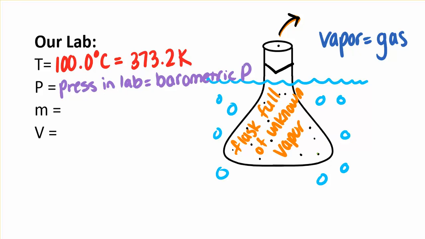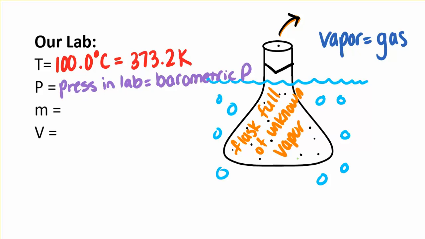Your density is similar to the density of the water surrounding you, so you don't really get a good measurement of your mass or your weight. The same thing with this. When you have a flask full of vapor, its density is similar to the surrounding air, so when you put it on the balance, you're not going to be able to